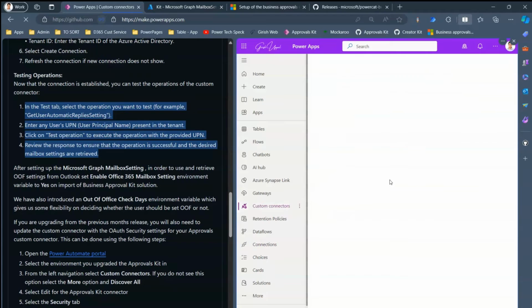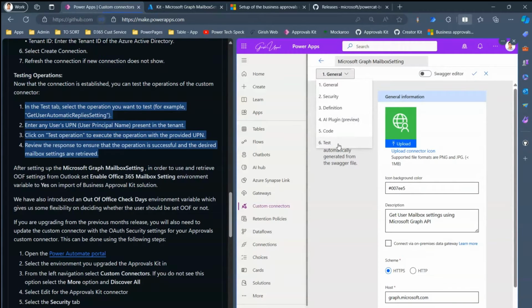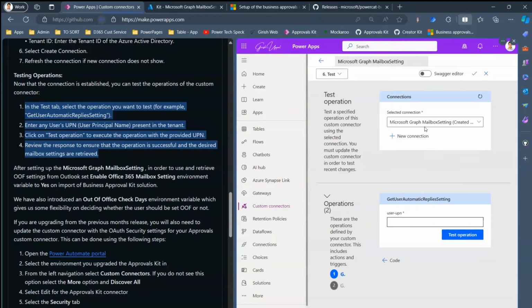Again, going back to custom connectors, click on edit, and then here click on test. And then in the test, it says select the operation you want to test, for example, get user automatic reply settings. So here, get automatic user reply settings. Enter any user's UPN, principal name, present in the tenant. So if we put any user's UPN name, for example, if I just put Girish Uppal at 0kmlk